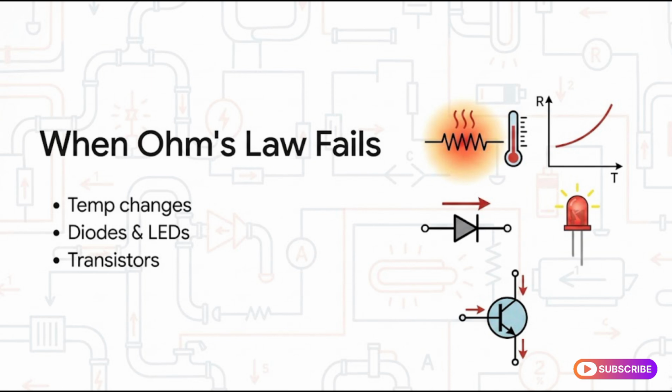And perhaps more importantly today, Ohm's law completely fails to describe the behavior of modern semiconductors. I'm talking about diodes, transistors, or those LED lights you probably have in your house right now. Those devices have a non-linear relationship between voltage and current,